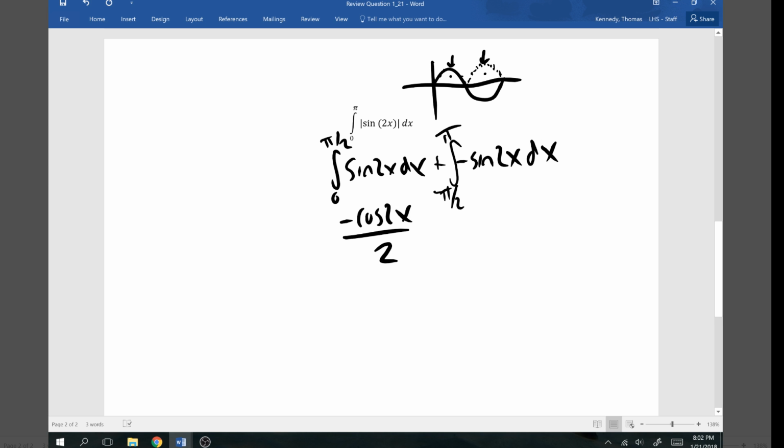When the derivative of the inside is a constant, we can just do the shortcut where we divide by that constant. And the negative sine of 2x gives us the positive cosine of 2x over 2. And so,